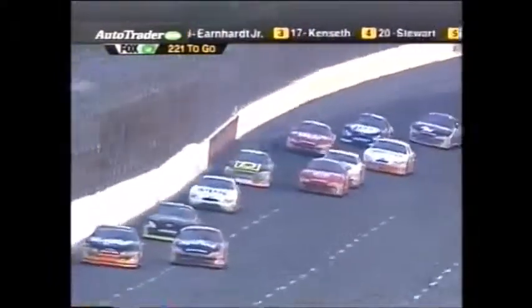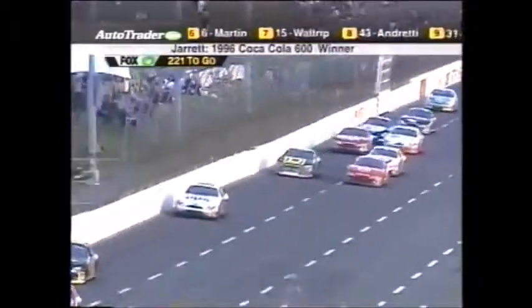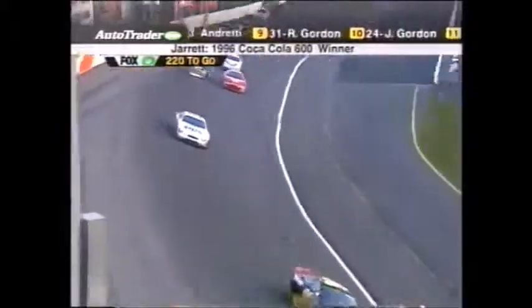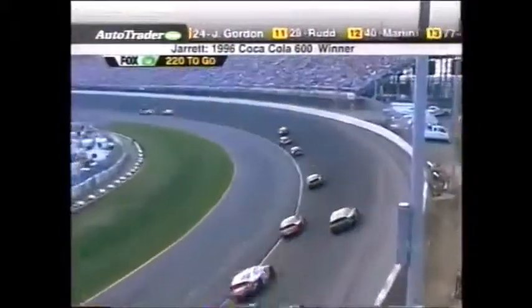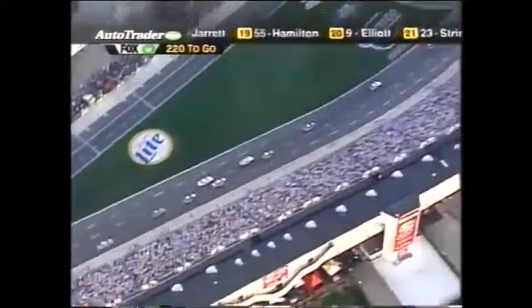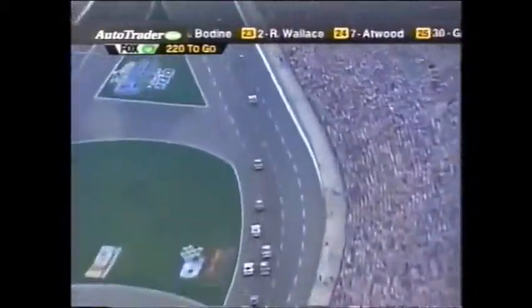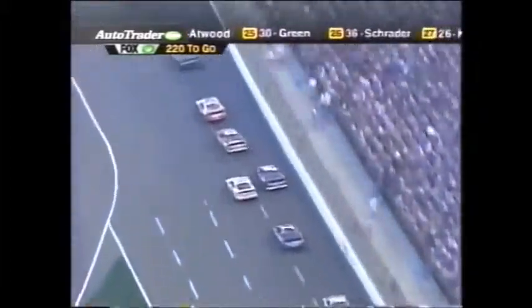Dale Jarrett, he's in the 18th position. Darrell, you talked about it earlier. This is no surprise. It's like they're almost keeping him posted where the leader is. He started way back in 38th position, provisional, and he just kind of keeps coming slowly but surely as the night progresses. See, that's the maturity of a veteran. They just kind of hang around, and at the end of the night, all of a sudden you look up and you say, where did he come from? A lot like what